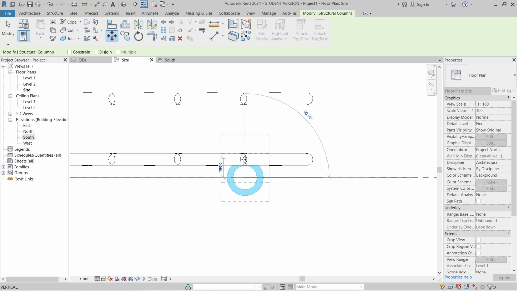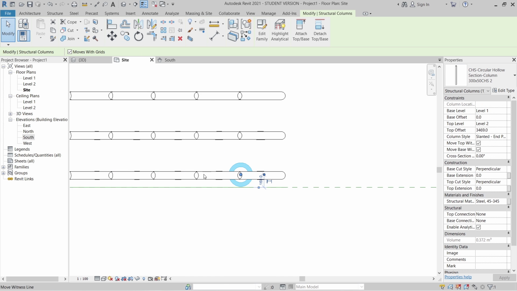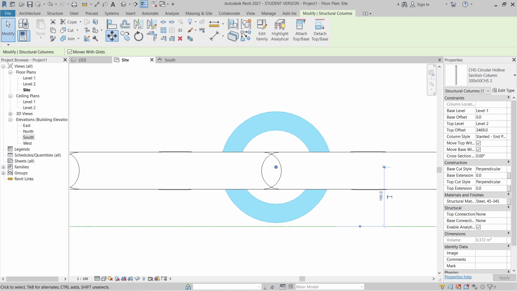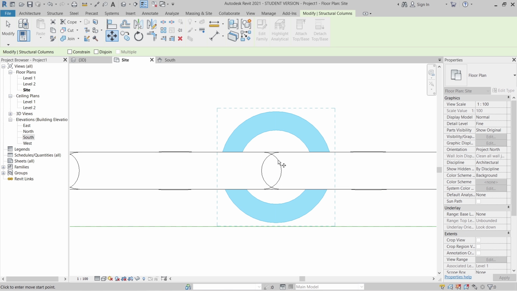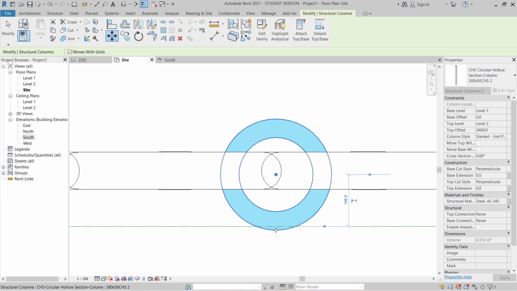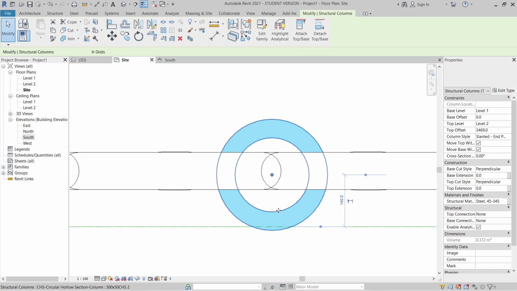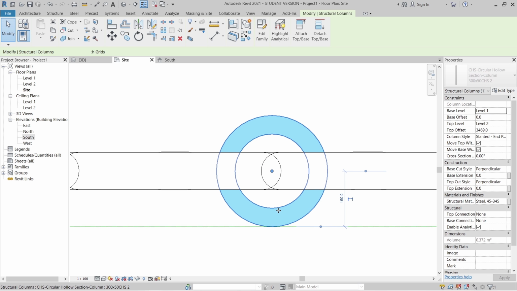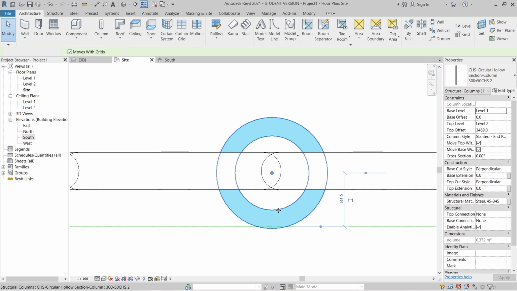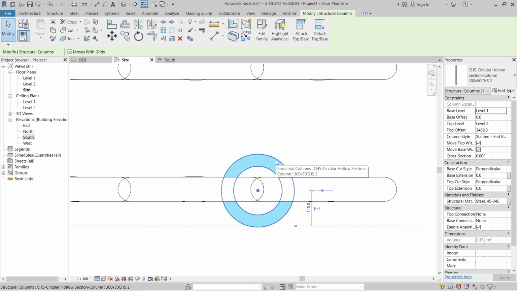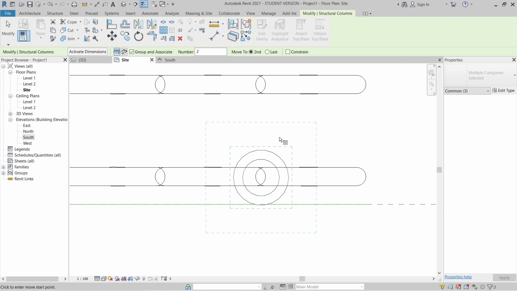Then I simply move it to the center here. Let me see first. Okay, perfect.